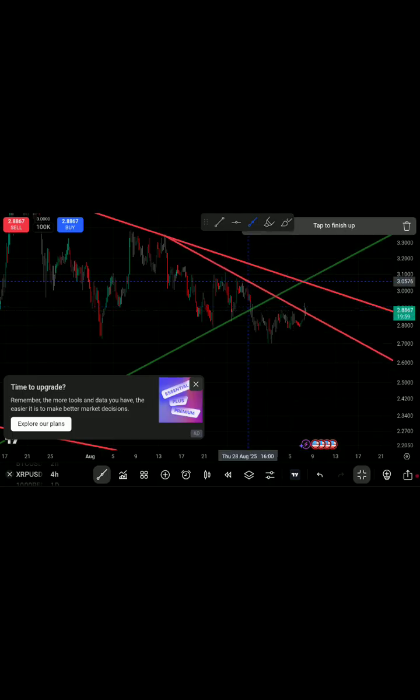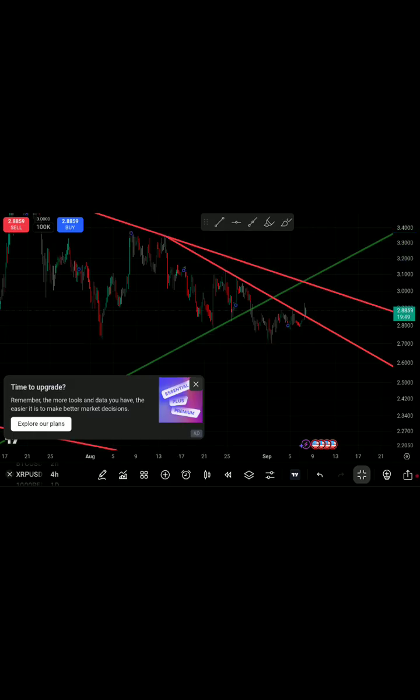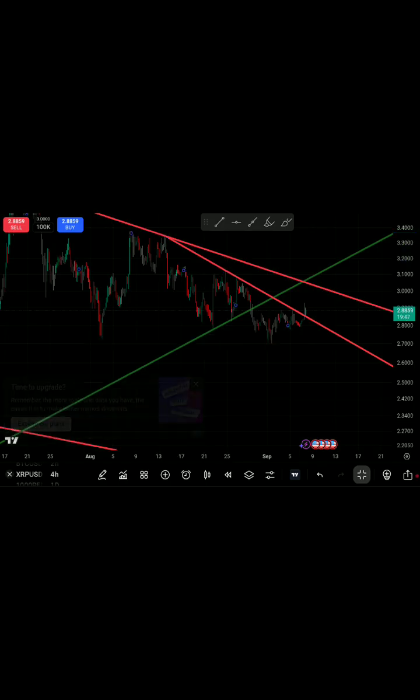1, 2, 3, 4 touch points. So assuming we don't have any information, our steeper trend line is here. This is our point B. Perfect. Okay,